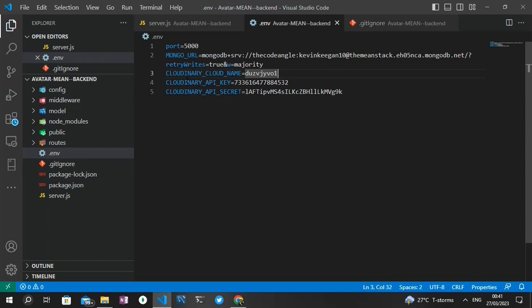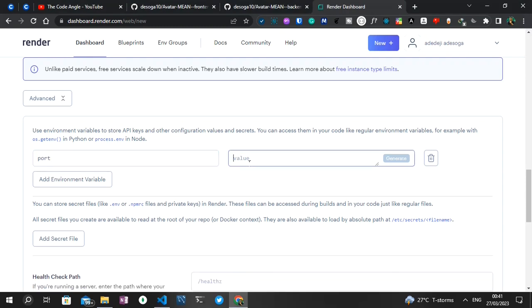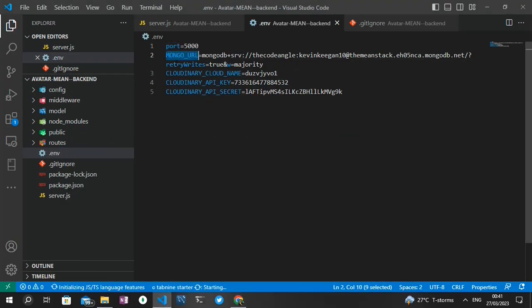The one we need to grab is the MongoDB URL as well as the port. So I'm going to grab the port first and then I'm going to paste it as the key, and the value is 5000. Then I'm going to click on add environment variables again, and the second key we need to grab is the